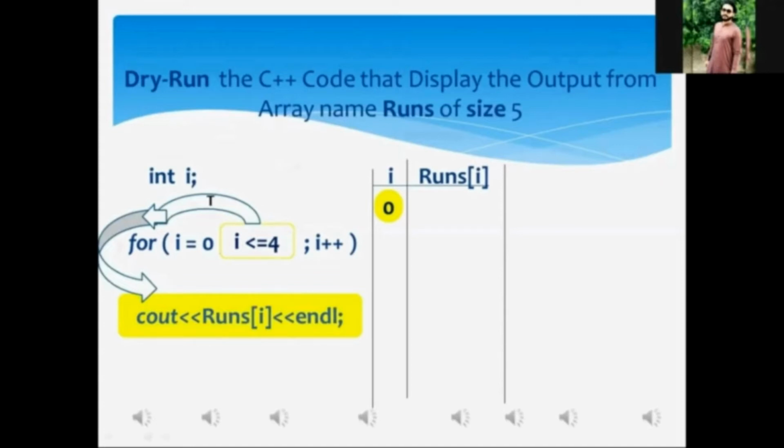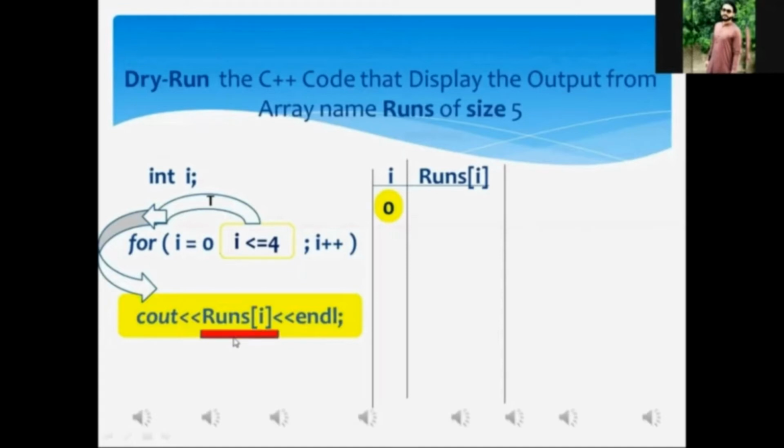Okay, my dear student, Mr. Aftab, when this cout statement will be executed, whatever the data value that has been stored in the memory address of the array, that one is runs within square bracket I, that must be displayed onto the monitor. Did you get, Mr. Aftab? Getting, sir. We need to get the actual address we have written in the cout statement over there, that one is runs within square bracket I.